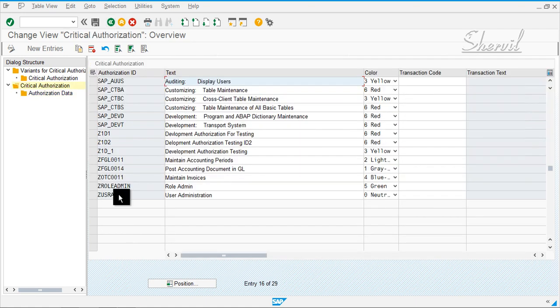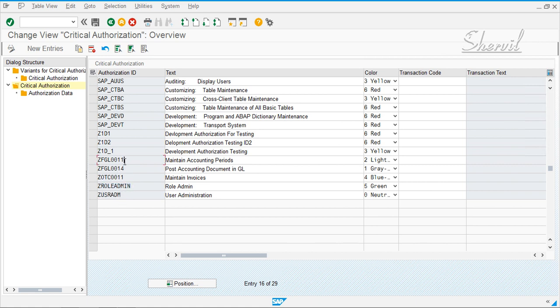So you have a role administration function conflicting with a user administration function. What it means is one particular person in the production environment cannot create a user ID and a role and then also assign the role to the user. Okay, so that's a conflict. That is why we have created these, to show that example.